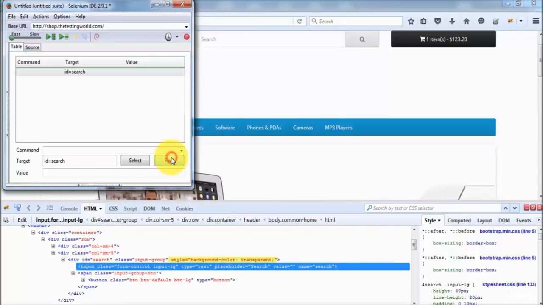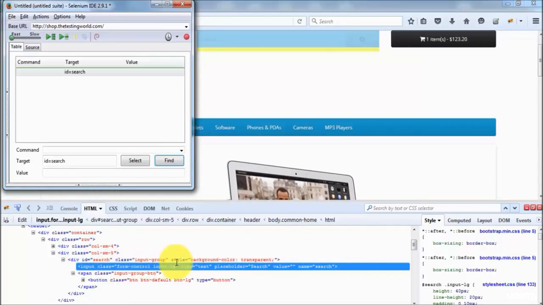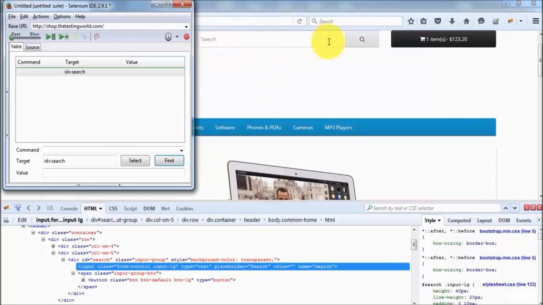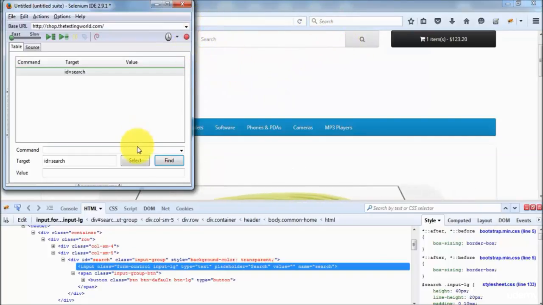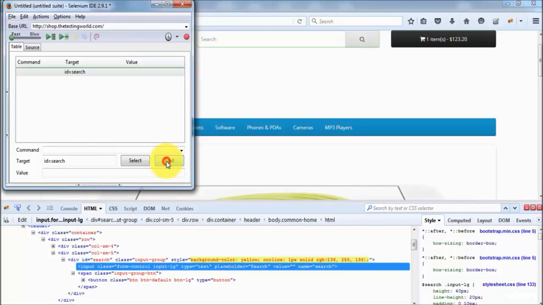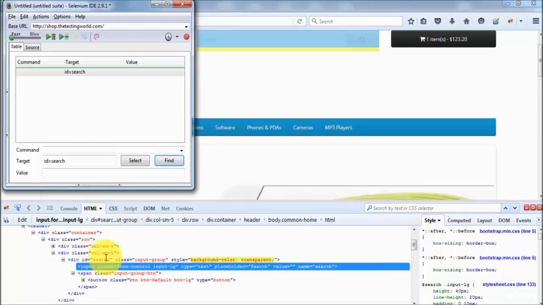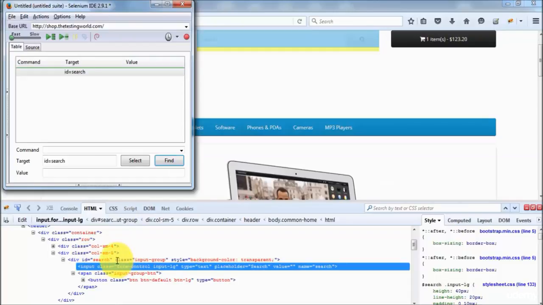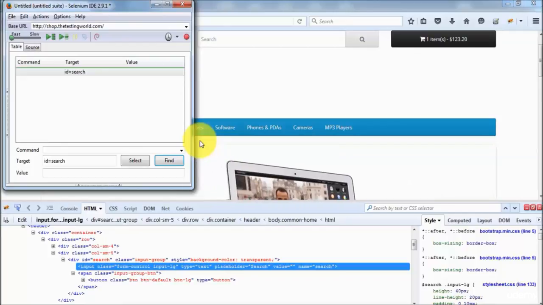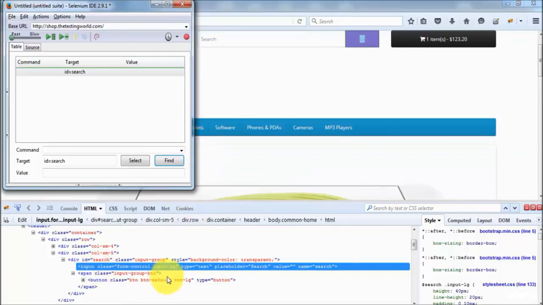Click on find. Here we can see this line is highlighted in yellow, and you can also see a green line covering this text box, which means we are able to locate that div by its ID. So the first element locator we have seen is that we can locate an element with its ID,